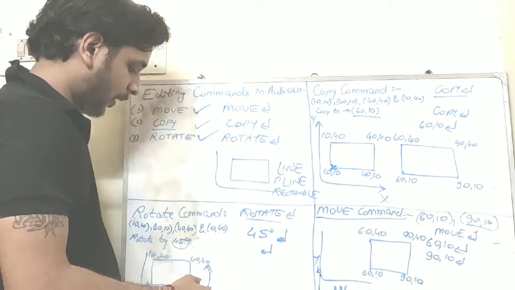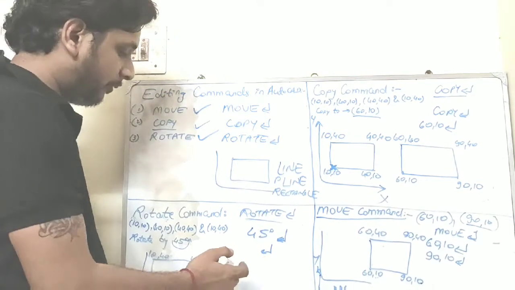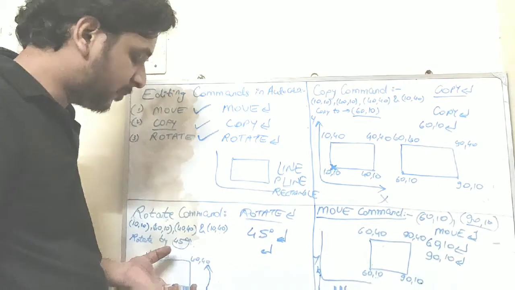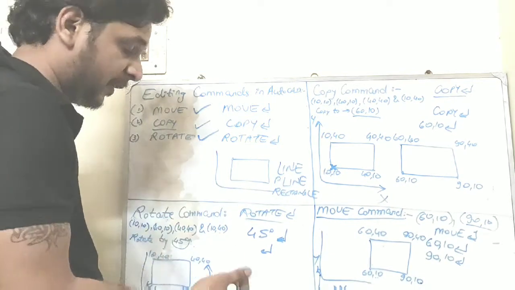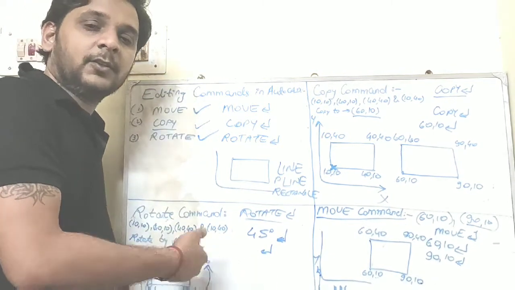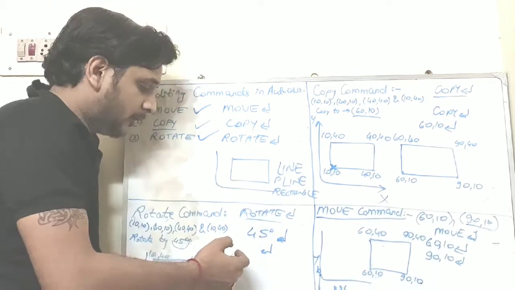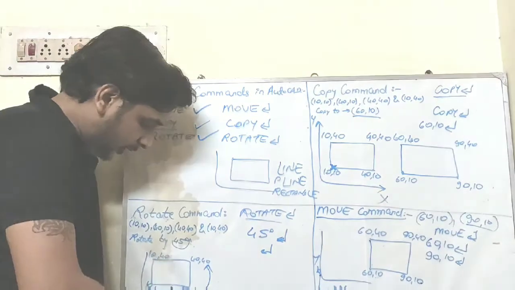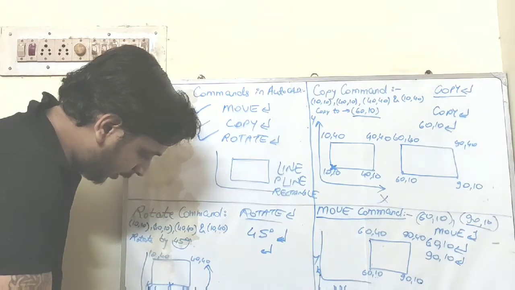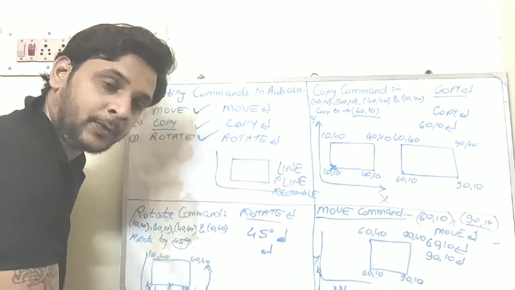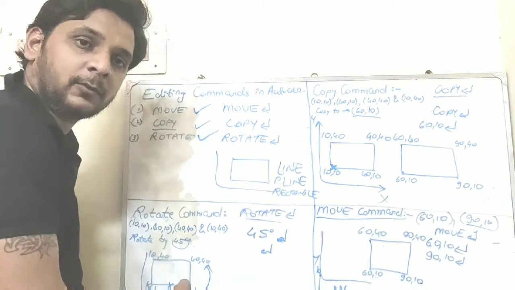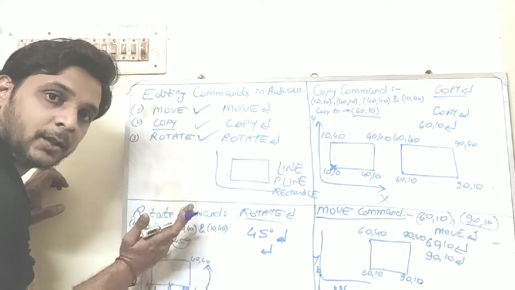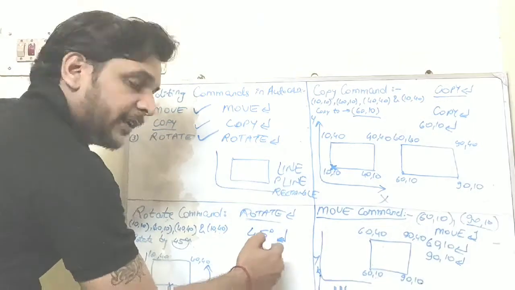Okay students, got it? Now the computer will ask you to specify the base point from which the object or rectangle is to be rotated. Specify the base point or baseline from which this object is to be rotated at an angle of 45 degrees. So at the command prompt select this line, the line between coordinates 10, 10 and 40, 10. Select this line with the help of the mouse so that the object will be rotated at an angle of 45 degrees with this line in this way, counterclockwise direction. Okay, and press enter key.